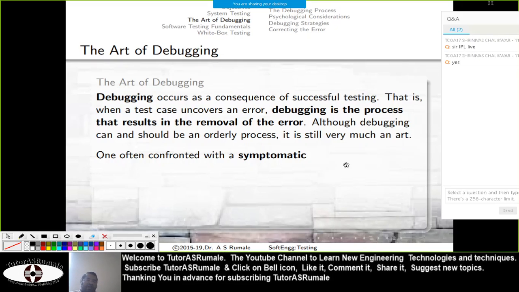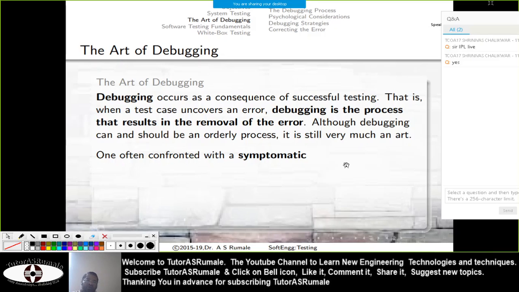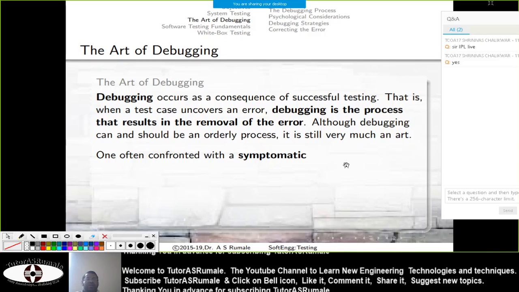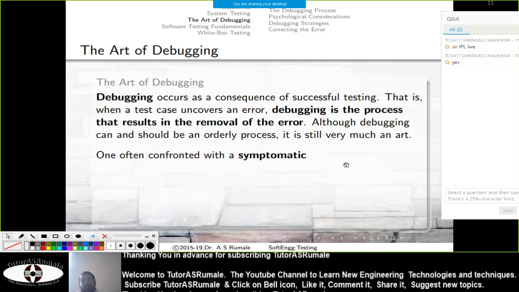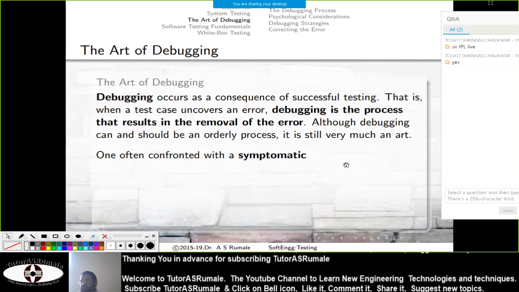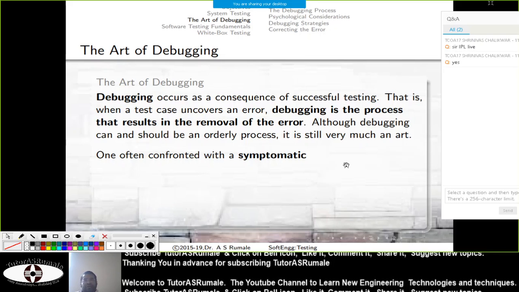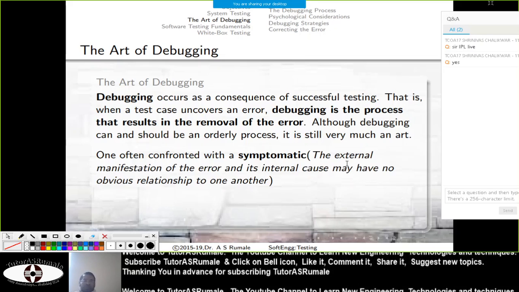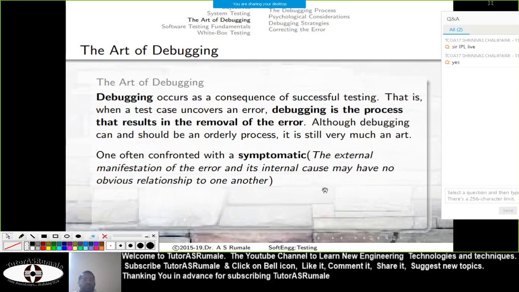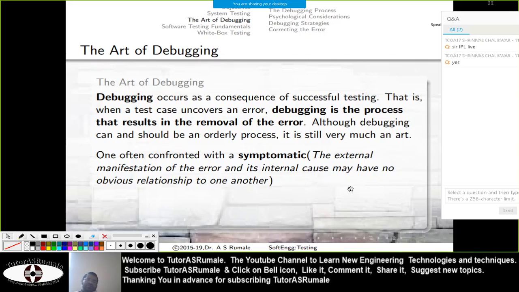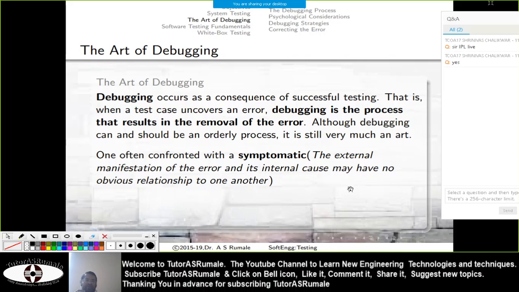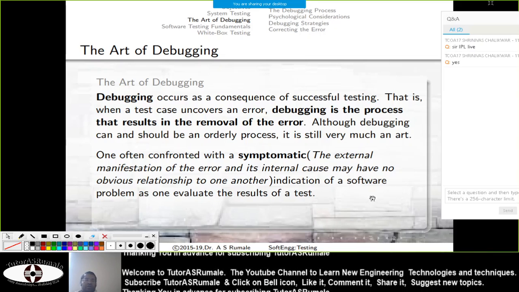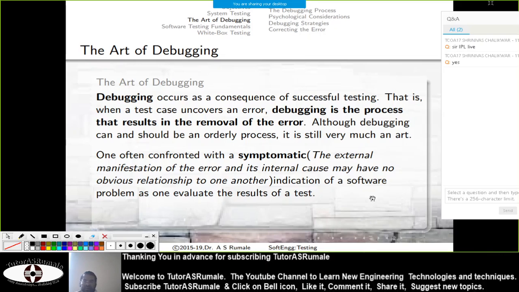Semantic errors are many times asymptomatic, or even if they are symptomatic, they are very vague, very mysterious in nature and quite difficult to conquer. If you are confronted with symptomatic errors, it is very easy because the external manifestation of the error is there, and the internal causes are also there, and you have to identify those errors.